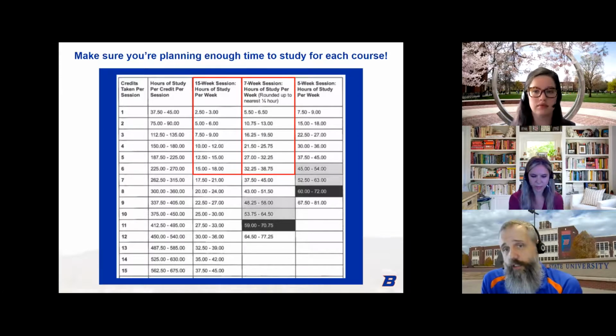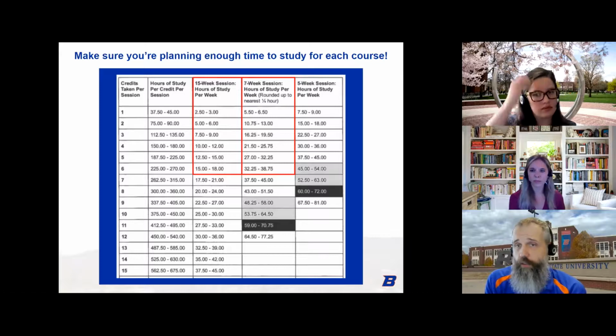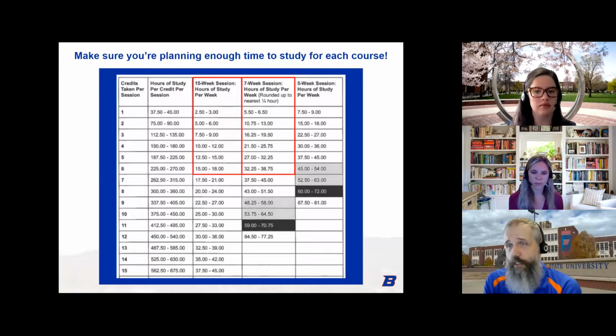And you can really fit this in anywhere, and that's the flexibility of online. There's no specific meeting times. You're not having to get logged in at an exact time with all the rest of the students in your class. That's the flexibility. So if you get up early before your day and you're able to work on stuff then, or you're going to work on it late at night after you put the kids down, or whatever that looks like for you, really start thinking about that now.